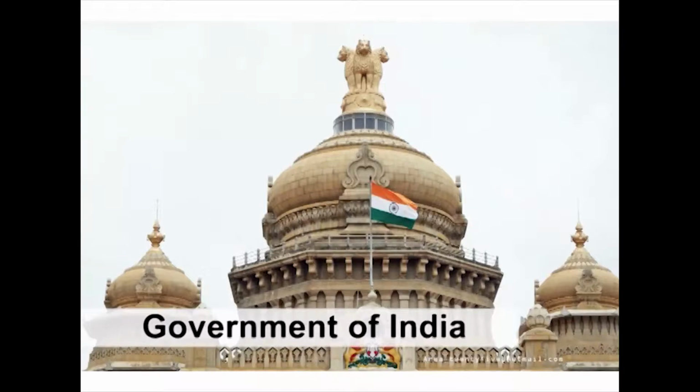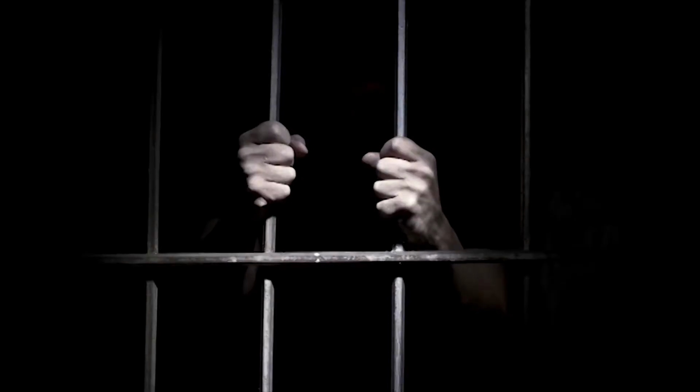So, my dear students, NCRB stands for National Crime Records Bureau, which is attached to the Ministry of Home Affairs, Government of India. In the year 1968, it was established with the rationale to empower Indian police to enforce law effectively with criminal intelligence as well as information technology solutions.